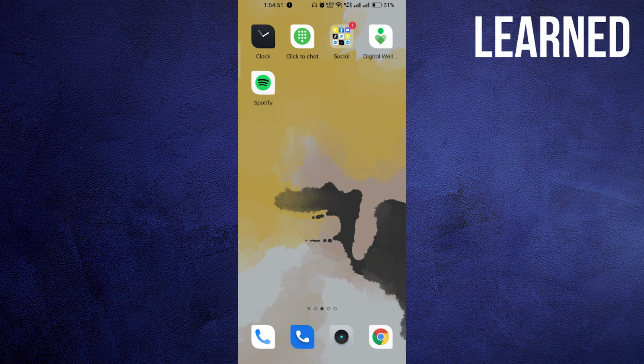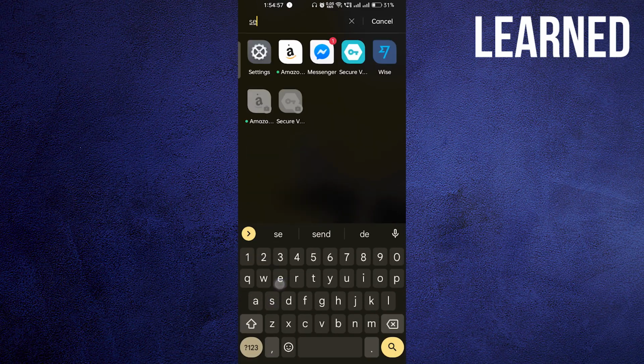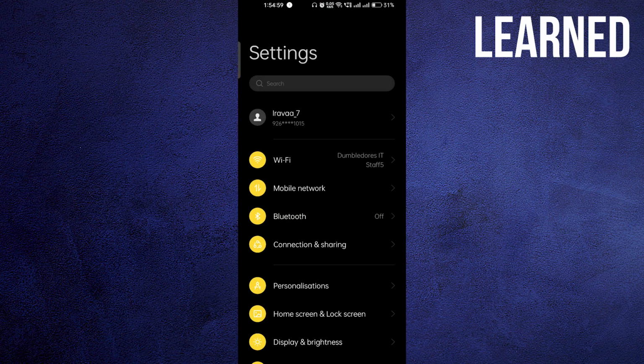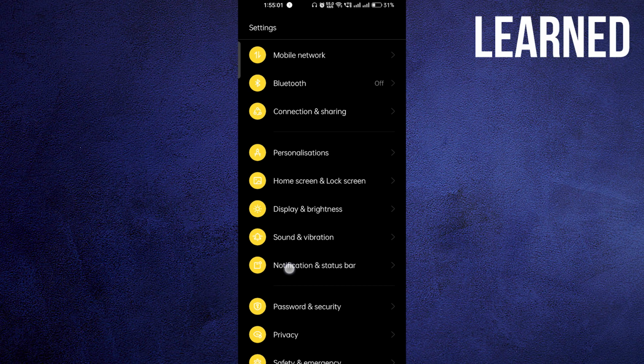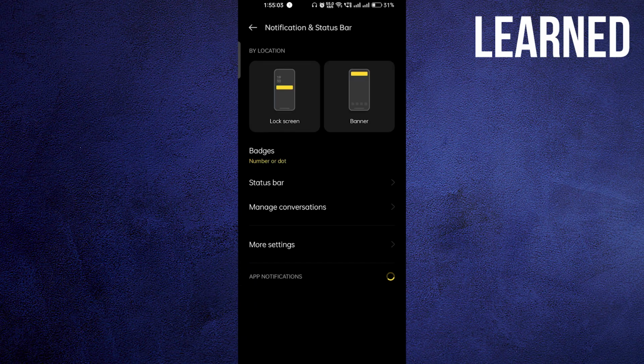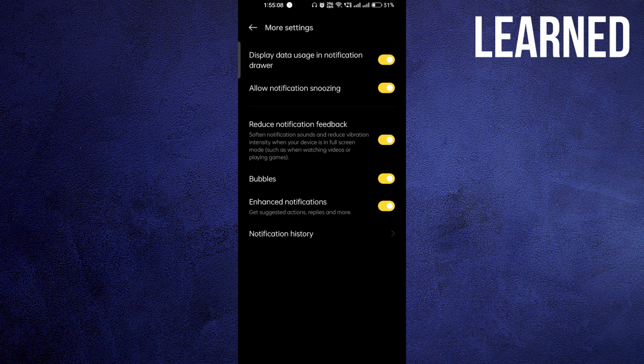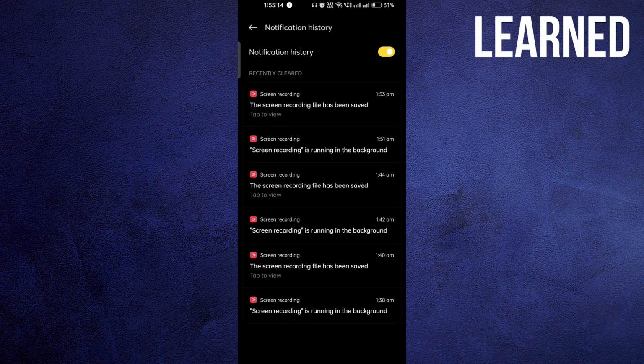You don't need to install any mobile application if you're using an Android phone. So you have to just go to the settings of your phone. Okay, and guys, here you will see the notification and status bar, right? You just click on more settings, right? And after that you will see an option that is called notification history. In your phone it can be somewhere else, right? So just make sure that you visit the notification history, and after that all the messages will be